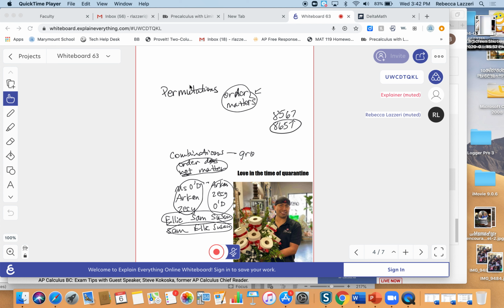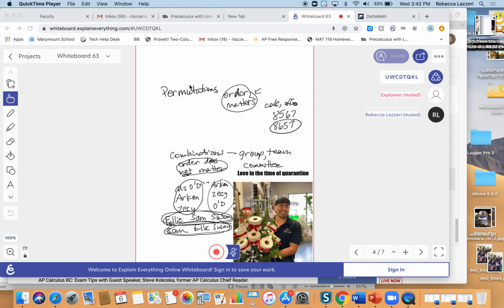It's usually a group of people, a team, a squad, a committee. If your mom said, who'd you go out with tonight? And you said Sam, Ellie, and Susan, it's not a new group if you then say, oh yeah, but I was with Ellie, Sam, and Susan. That doesn't matter.